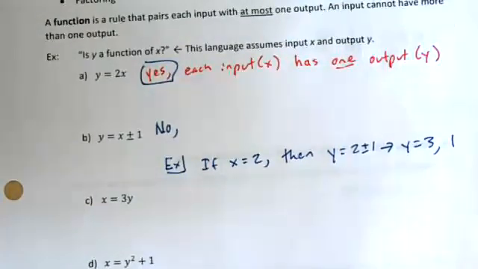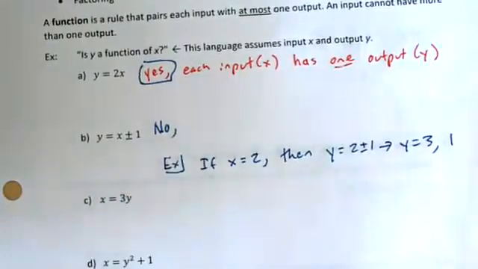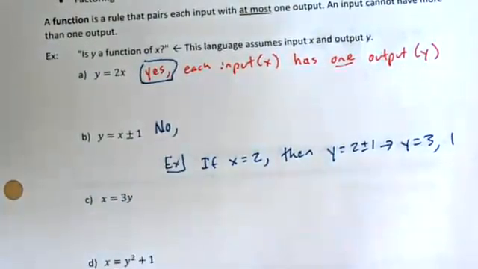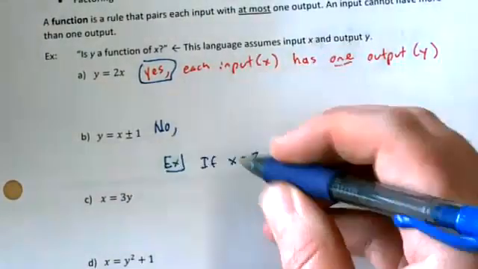Or 3? So let me pose the question again. Is every input going to have 2 outputs for this one? I'd say yeah, because no matter what, we're going to add 1 and subtract 1. We're going to get 2 different numbers for it, right? Whether we do decimals or fractions or negatives or positives. So no,